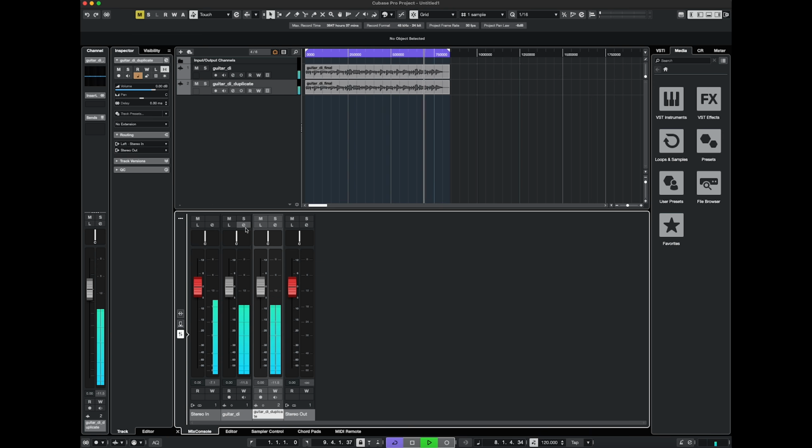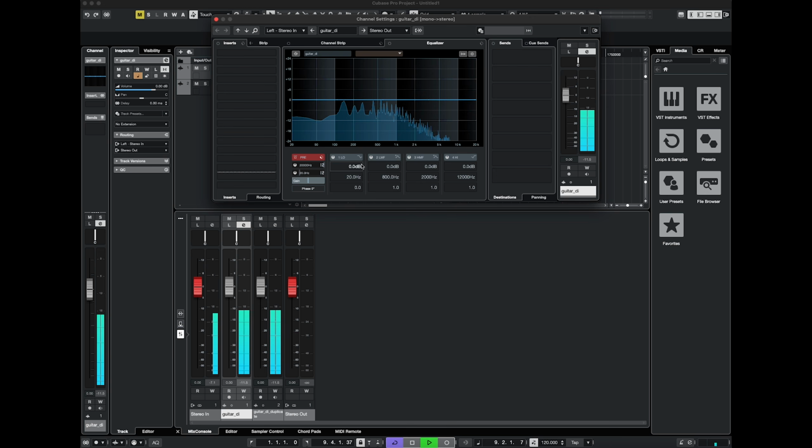So let's grab one of these DIs. I'm going to come into the EQ. I'm going to engage the EQ first of all. Now, I'm not making any changes yet because we see it still passes the null test. Watch this meter right down here. So if I take this and go to a low shelf EQ, right? So I have this low shelf right here, and down at 20 hertz,